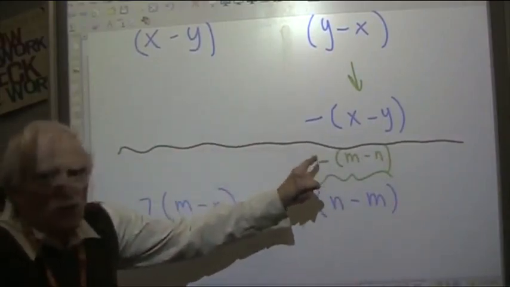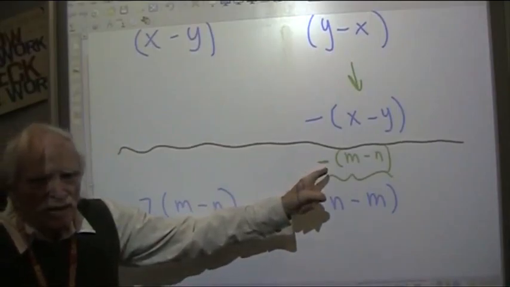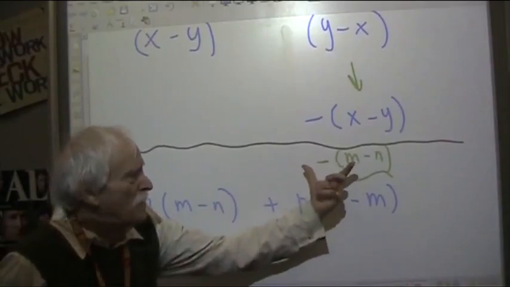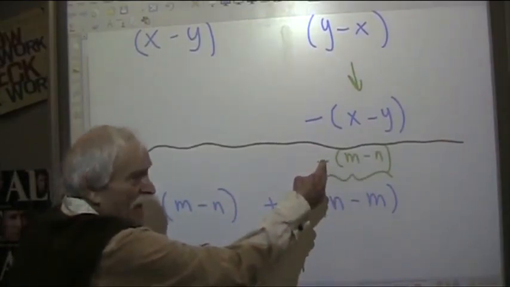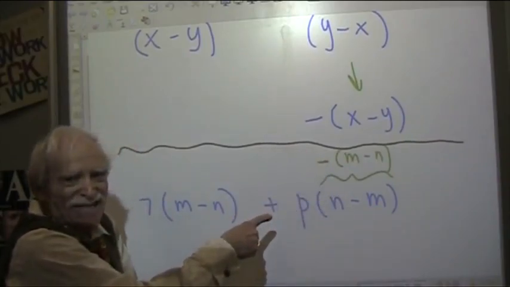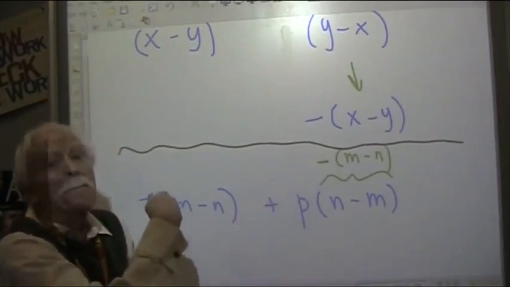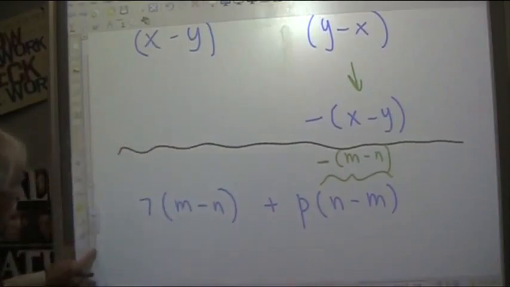All right, so guys, now eyes up here. Okay, so to replace the n minus m, I have to replace it by minus of the m minus n, meaning that that minus sign has to be combined with that sign. So a minus and a plus gives me a minus. All right, so I can rewrite this now as